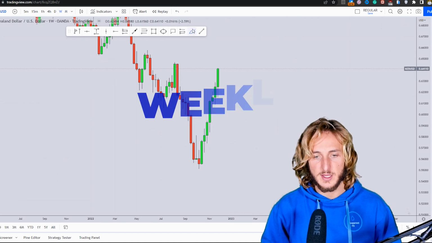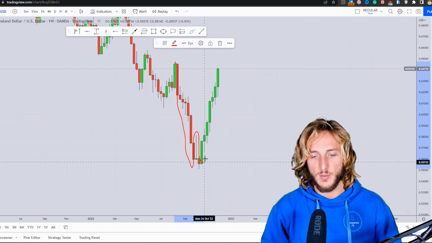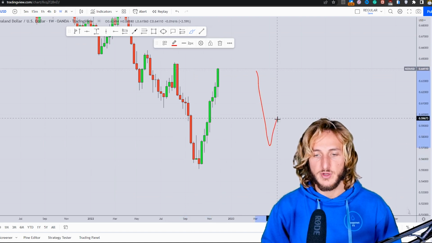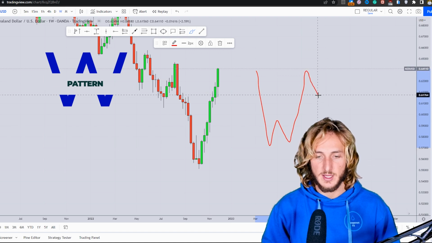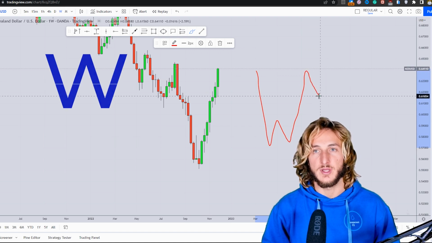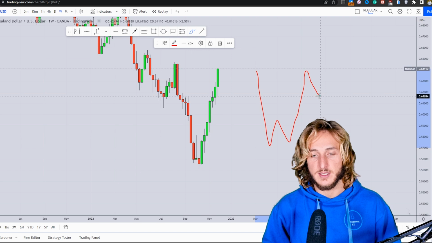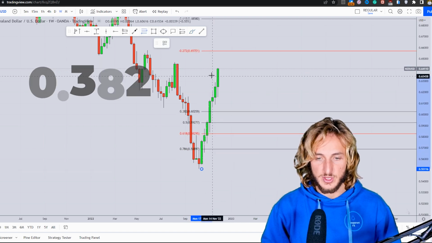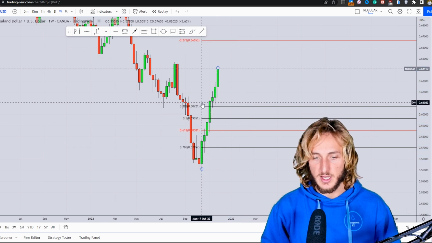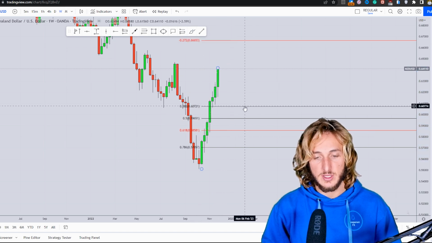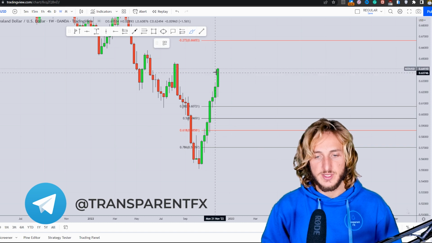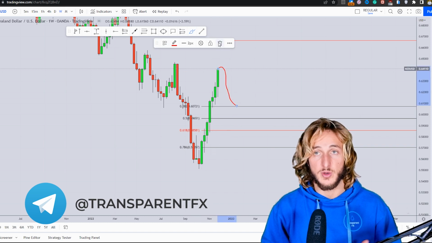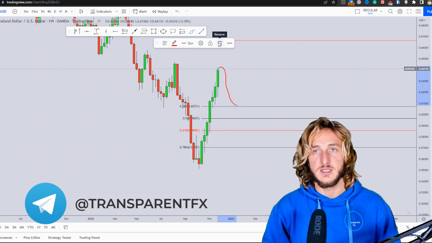Now, from a weekly perspective, we can notice the creation of this W formation, and in general, after the creation of a W, what you would expect is for the market to create a rejection to the downside to retrace at least to the 0.32 of the Fibonacci taken on the weekly impulse, which in this case would be from this low to this high, giving us a downside target around this zone. So there is definitely the possibility to see some short-term bearish price action, at least by looking at the monthly